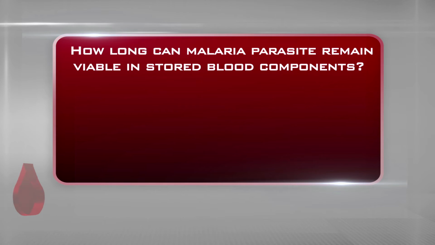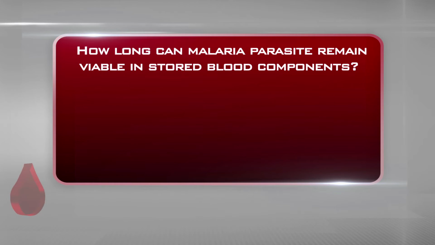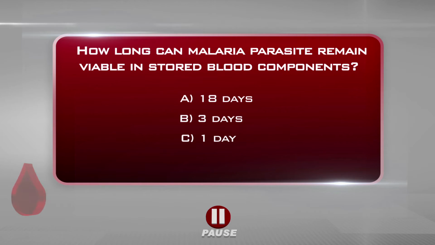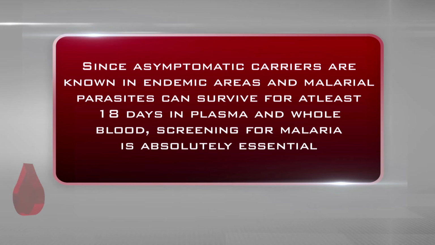How long can malarial parasites remain viable in stored blood components? A. 18 days. B. 3 days. C. 1 day. Yes, the correct answer is A. 18 days. Since asymptomatic carriers are known in endemic areas, and malarial parasites can survive for at least 18 days in plasma and whole blood, screening for malaria is absolutely